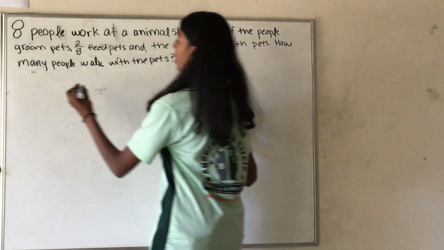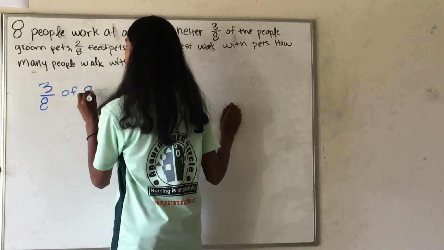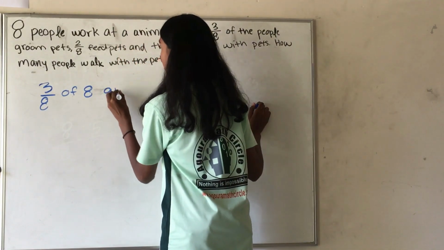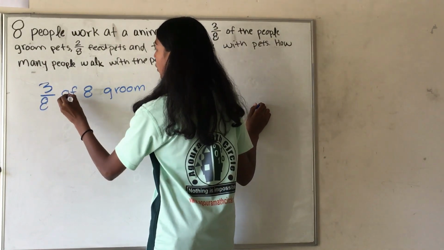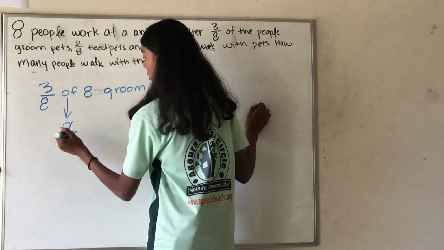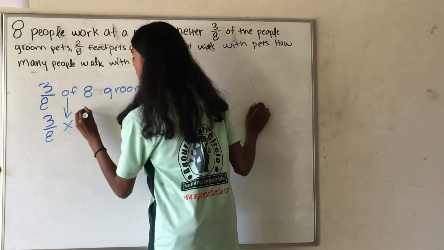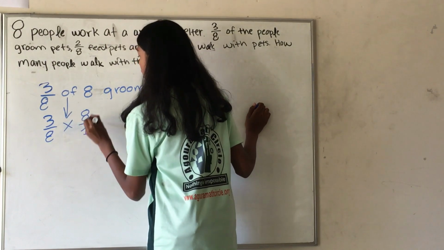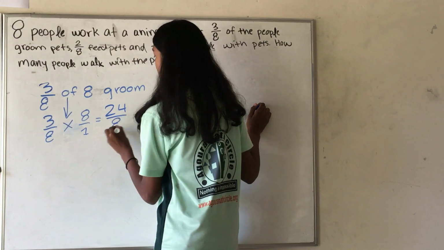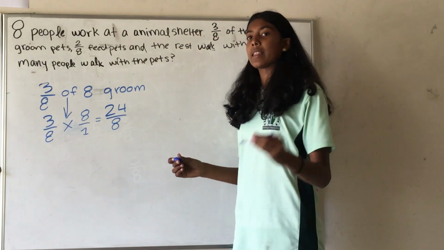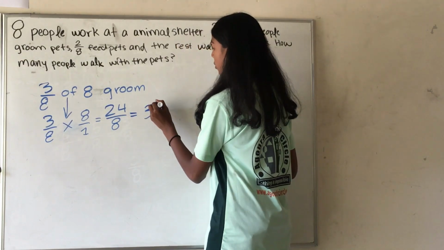So 3/8 of the 8 groom, meaning 3 of is technically multiplication. So 3/8 times 8/1 groom pets. And this gives you 24/8. 24/8 is the same thing as 24 divided by 8, and the answer is 3. So 3 people